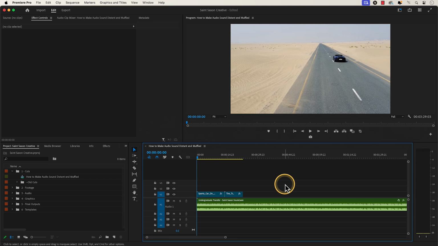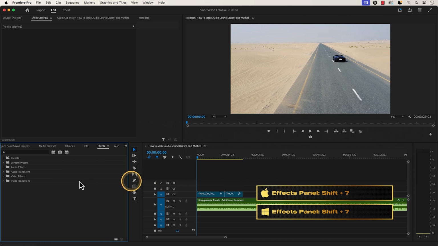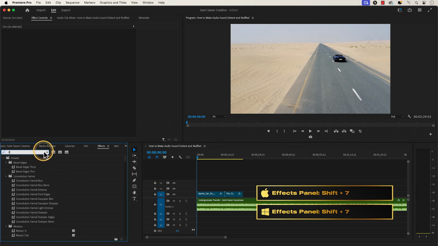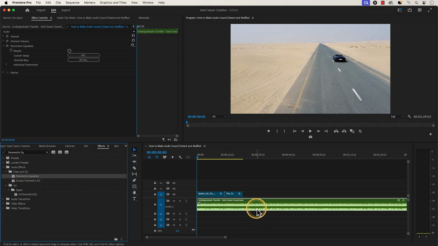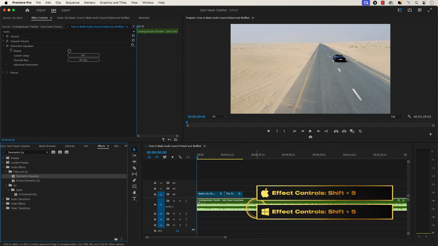How to make audio sound distant and muffled. Have the audio file in a timeline and press Shift 7 to open the effects panel. And in the effects panel, type in parametric and select parametric EQ and drag and drop the effect to the clip in the timeline. Then press Shift 5 to open the effect controls window and go to parametric equalizer, custom